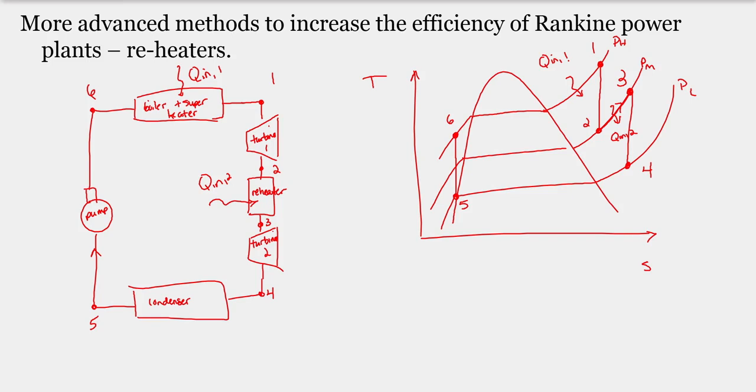Just need to remember that your net heat transfer for the cycle includes Q in 1 plus Q in 2 plus Q out. Now remember, this is a negative number because it's heat transfer out. So you just have to be careful in your accounting when we do the analysis of these systems